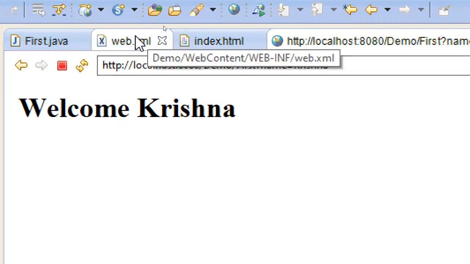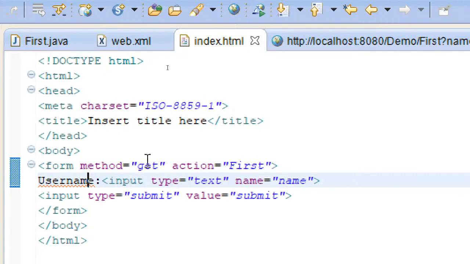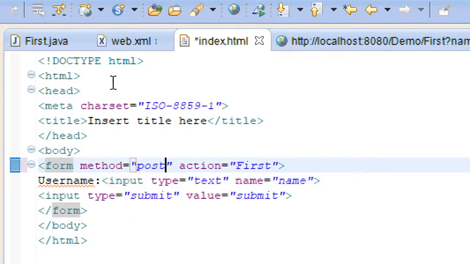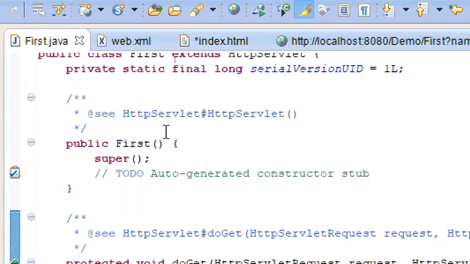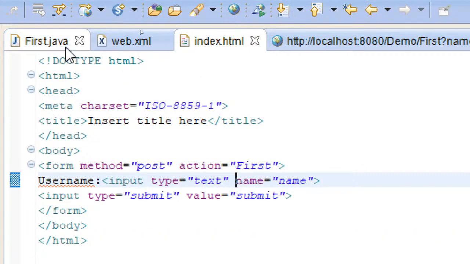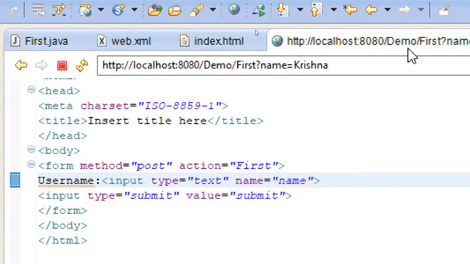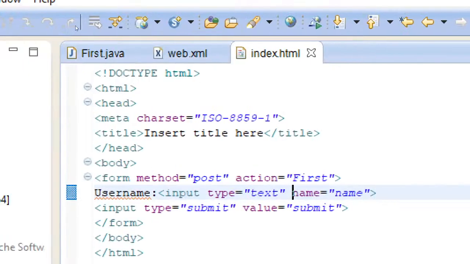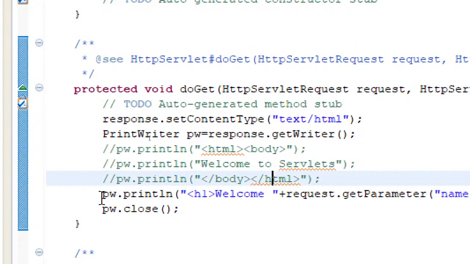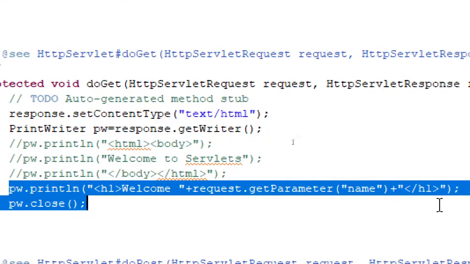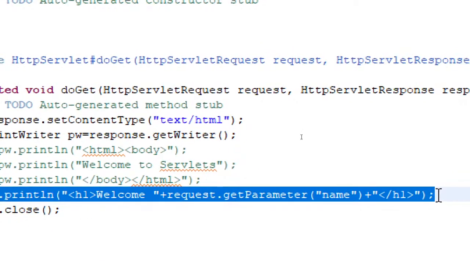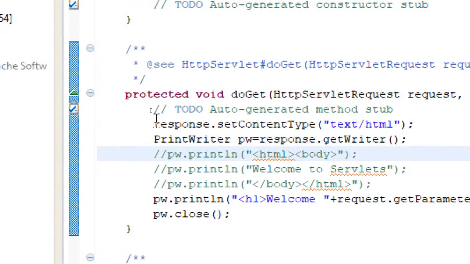Let me try with post very quickly, and see if it will work or not. I'll just change it. Let me close this also, and this. Okay, let me copy these three lines, which are required now.